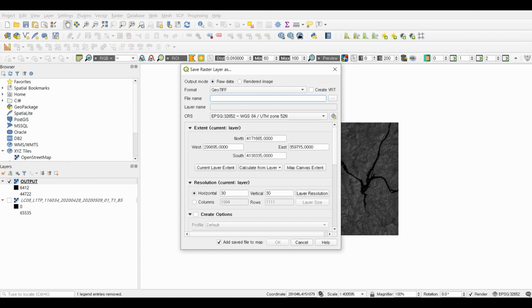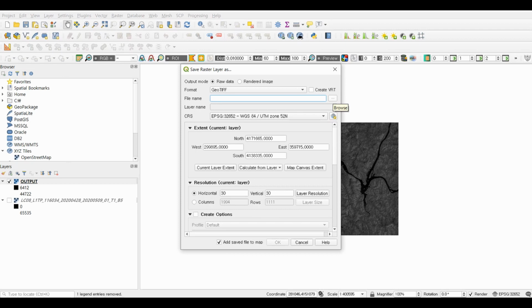You can finally save the image by setting image format and image name. The image format is set as GeoTIFF by default, and you can also write the clip image name.